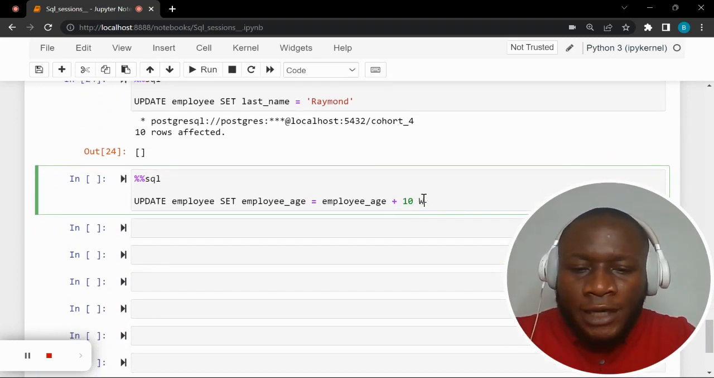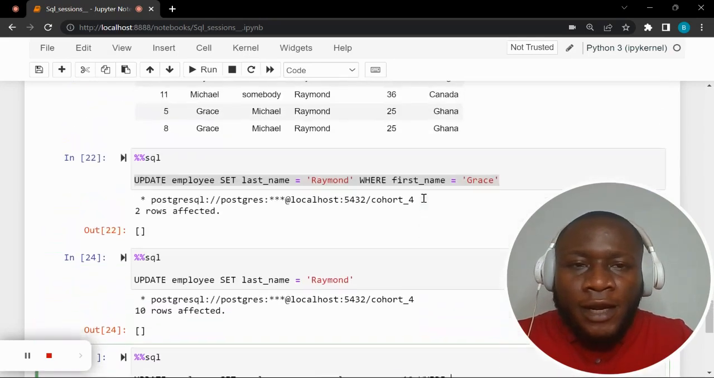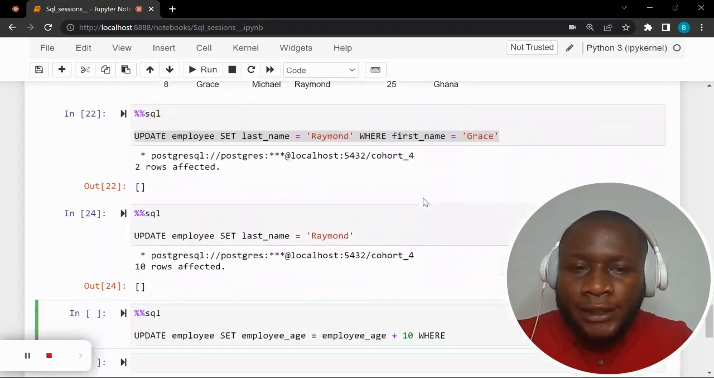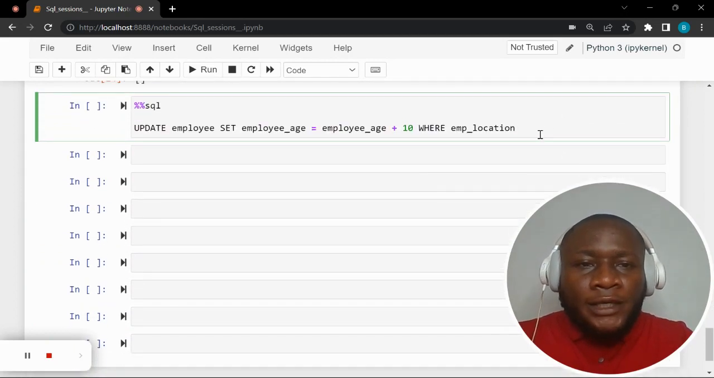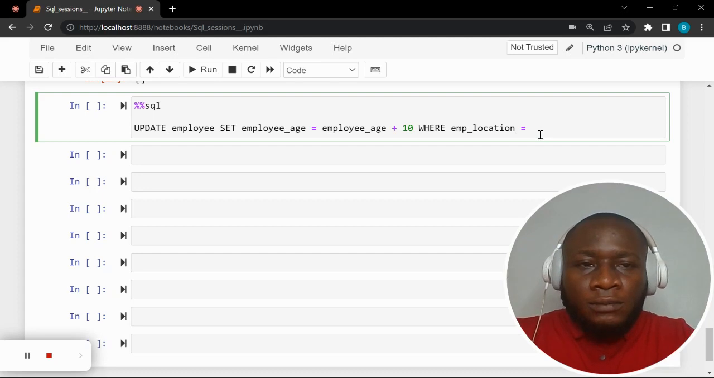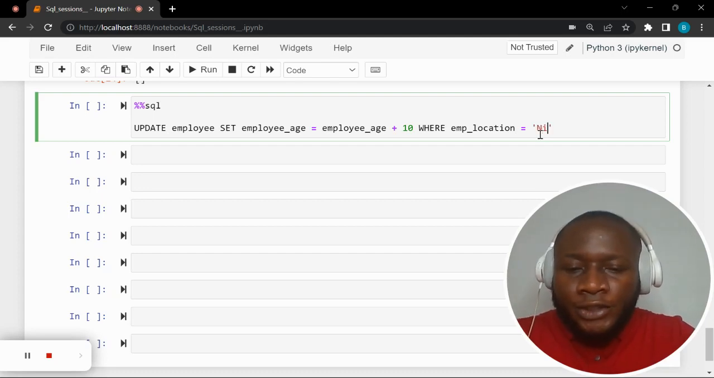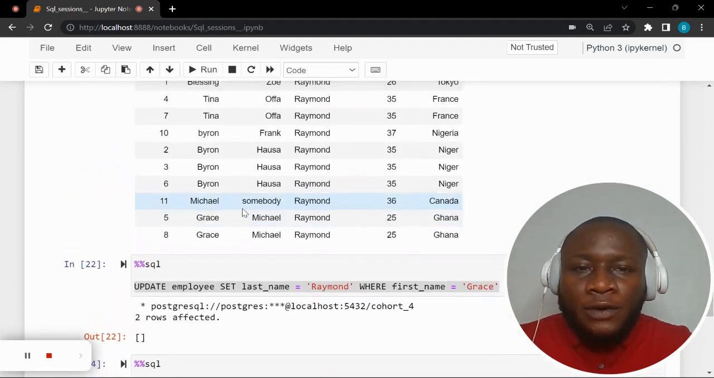Where I would say where the employee location, that's EMP location, employee location, where the employee location is, we said Niger, right? Okay, so when we do this, it tells us three rows are affected. And when we go here,